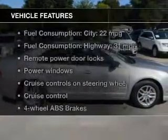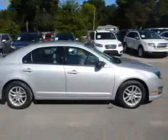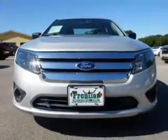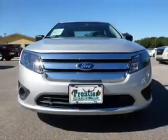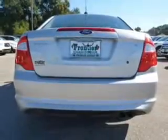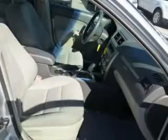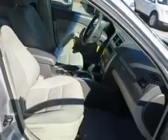And with these notable features, you won't want to miss out on the opportunity to own this amazing ride. Keyless entry, power door locks, power windows, cruise control, an AM/FM stereo with a CD player, power mirrors, an alarm system. And for your peace of mind, the following safety equipment is included: front ventilated disc brakes, curtain head airbags,